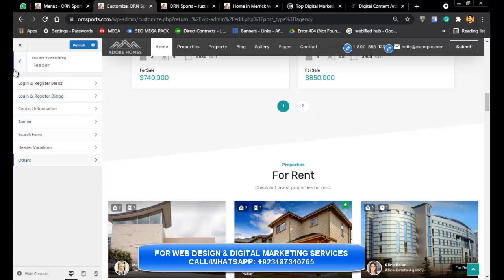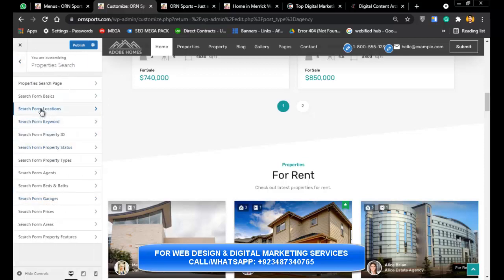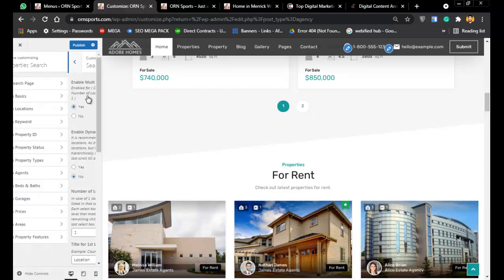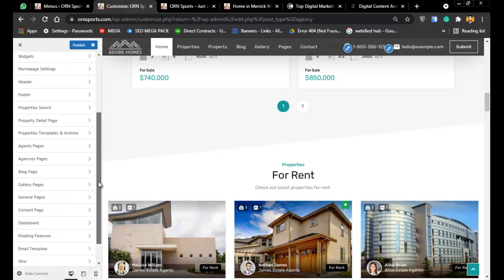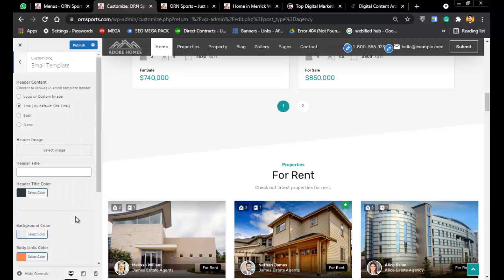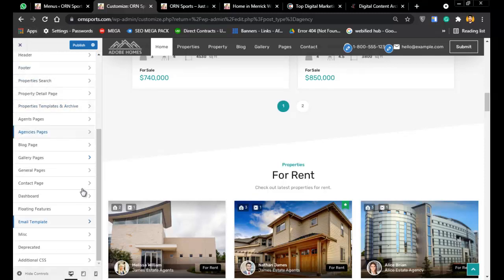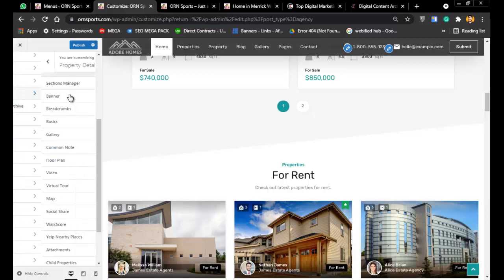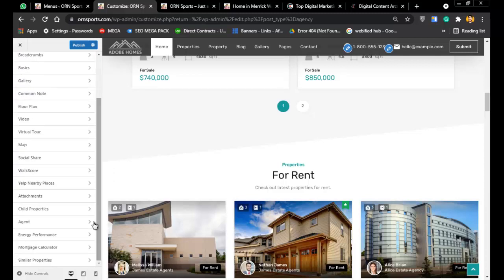And if we see in property search, you can add or remove locations and do settings and whatever you want. And if we go below, here are some email templates you want to edit. If you want to edit, you can edit them. And there are some like contact page, if you want to add a banner or not. Here's a blog page, agency pages, property detail page. If you want to edit or remove something, you can do it, or you can edit them with Elementor.